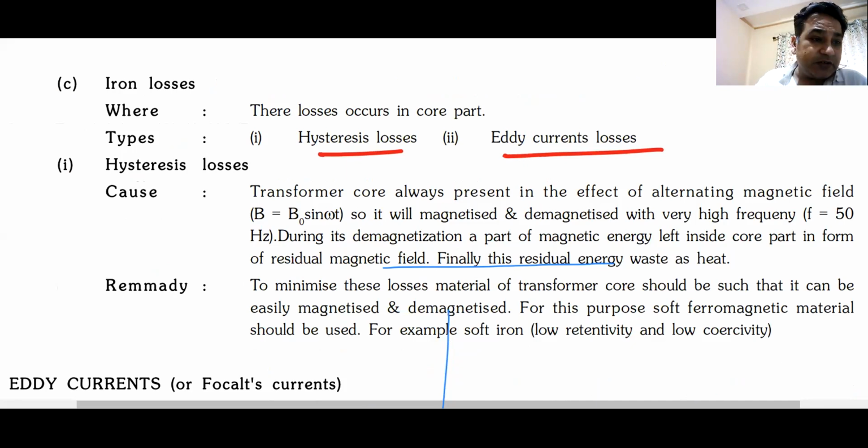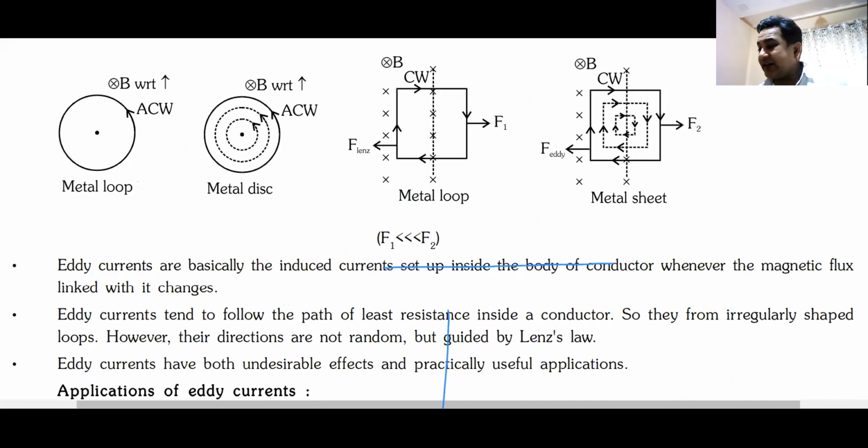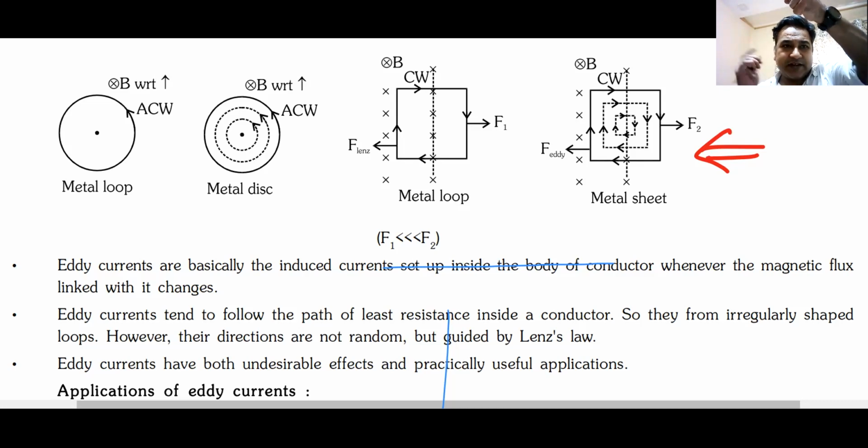A question based on eddy currents came recently, 2 or 3 years back in IIT, where they had a magnet and a disc. They were moving the magnet, and you had to tell whether the disc will rotate in the same direction or in the other direction. That was based on eddy currents. I will send you this sheet for the transformer. Go through this sheet, or you already have one sheet. Have a look at this sheet.